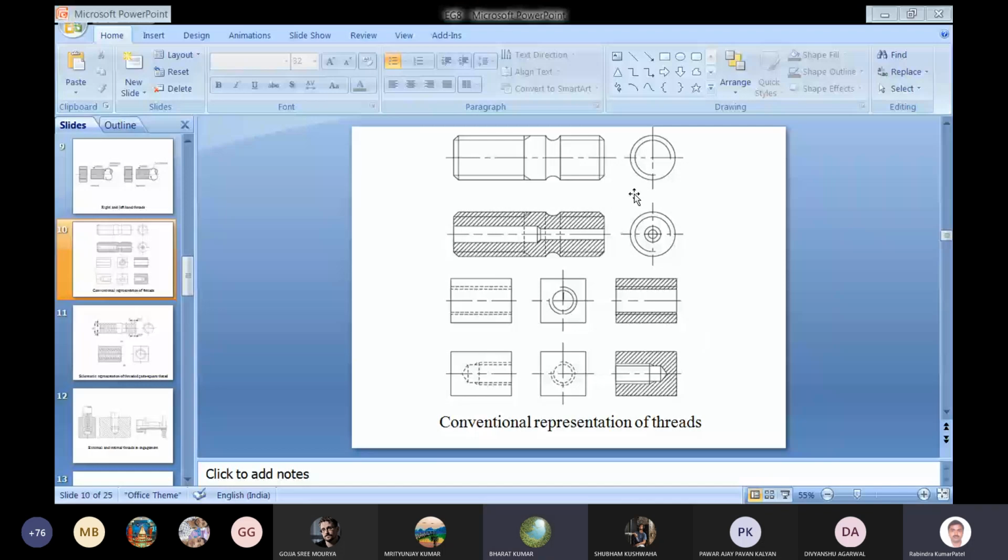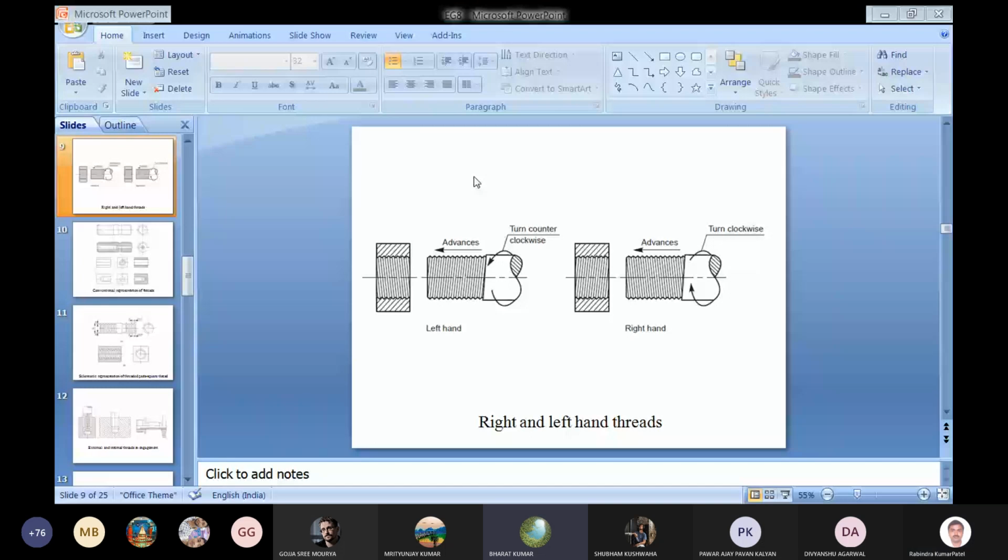Yes. Sir, a left-hand thread goes ahead when turning counterclockwise. Okay, counterclockwise for left-hand thread and clockwise for right-hand thread. Right, right-handed is clockwise. Yes. Okay. So here in this representation, you can see this is the case of external thread, where